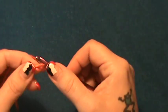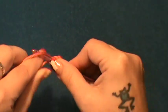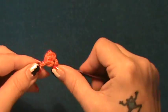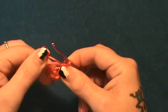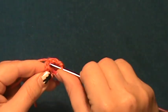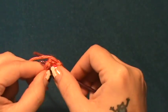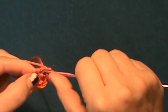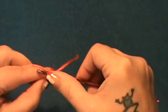Sorry about that. So chain 2, and you're going to single crochet 5 in the second chain from the hook. So that's 2, 3, 4, and 5. Now we're not joining, we're working in rounds. You want to go into that beginning stitch and immediately do 2 single crochet into that first one. So there's 2, 2 in the next,